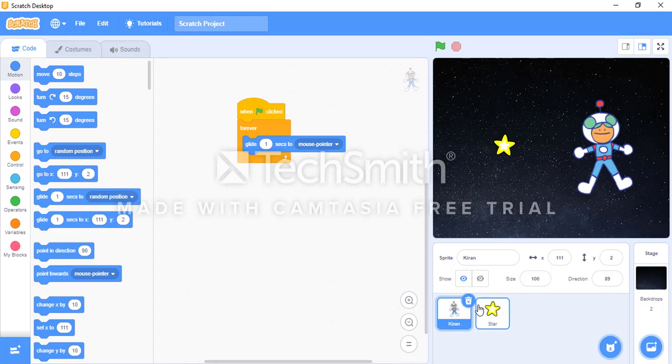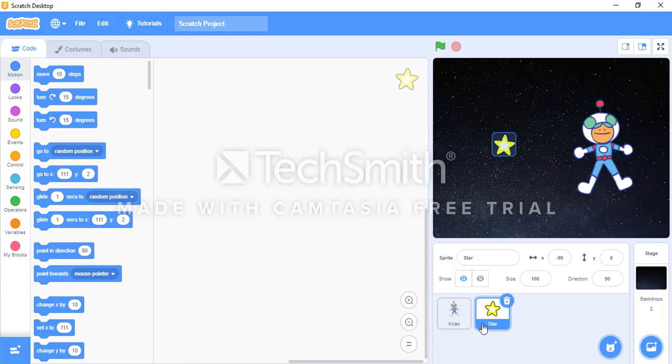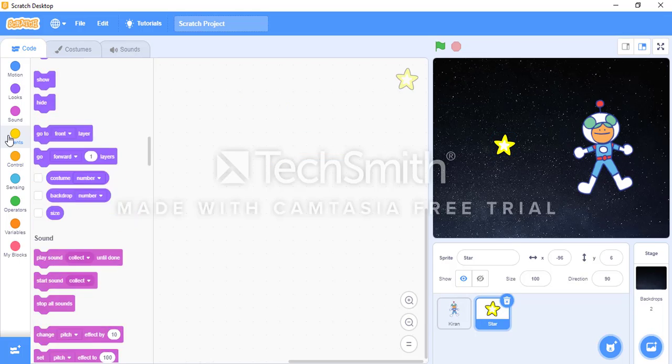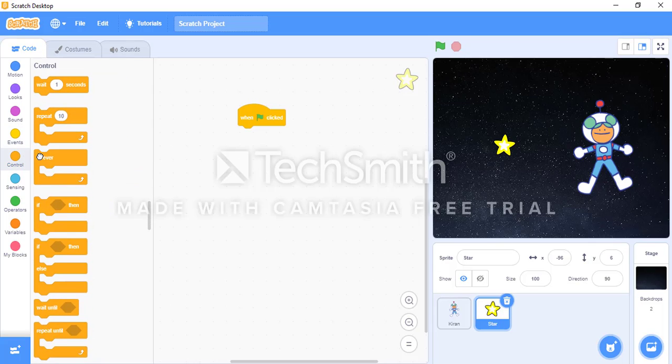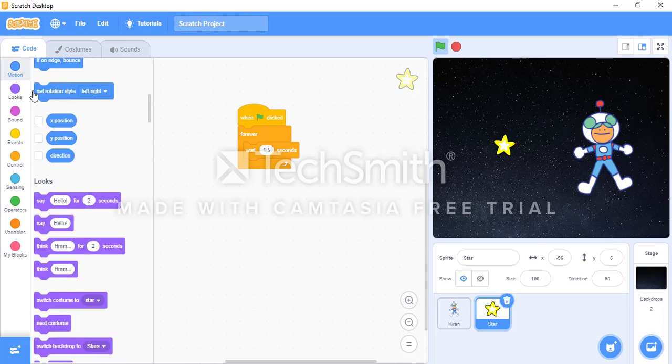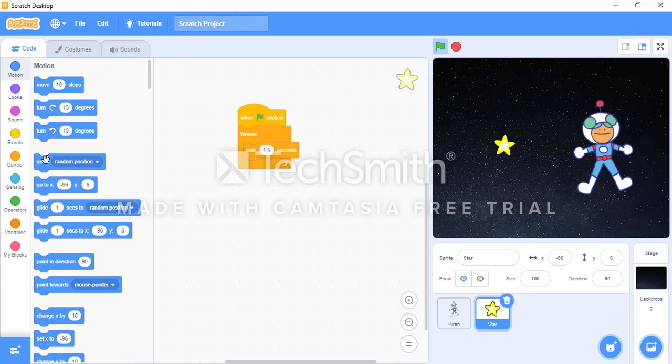Right now we're just making the motions. So let's do the same for the star. For the star, I'm having when flag is clicked, forever wait for 1.5 seconds, and then go to any random position.